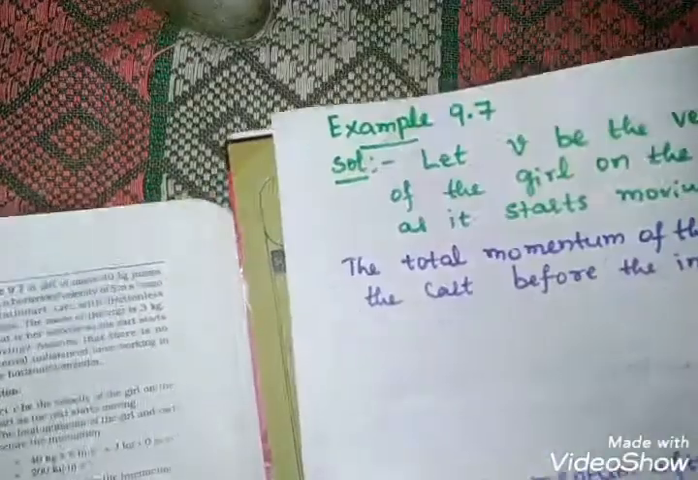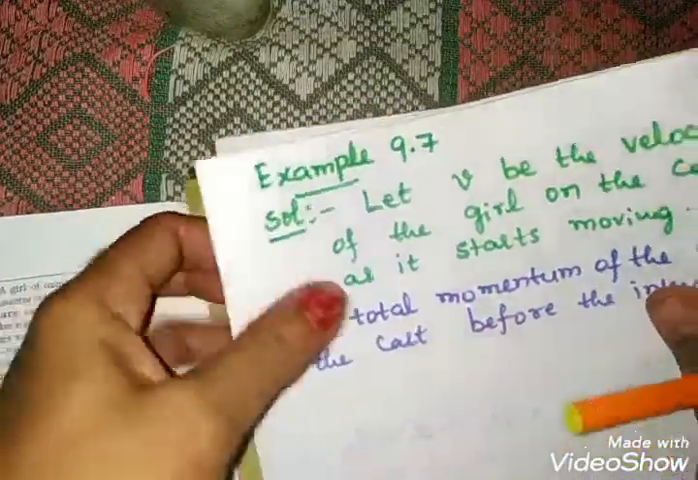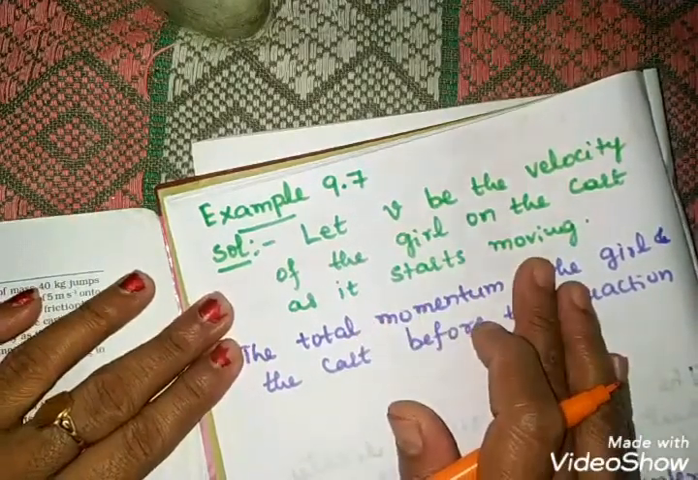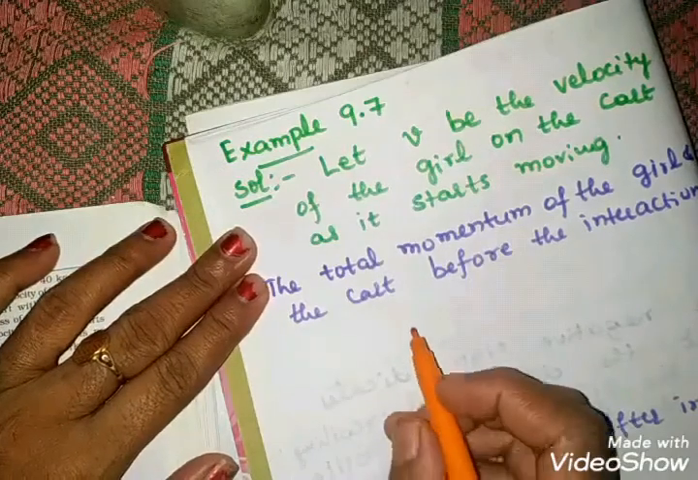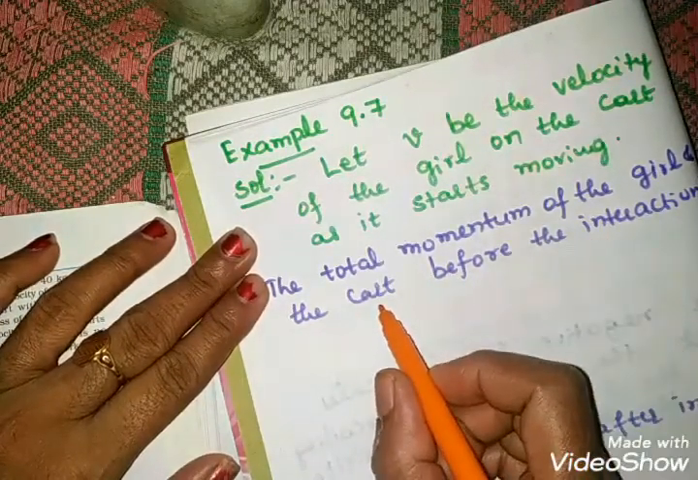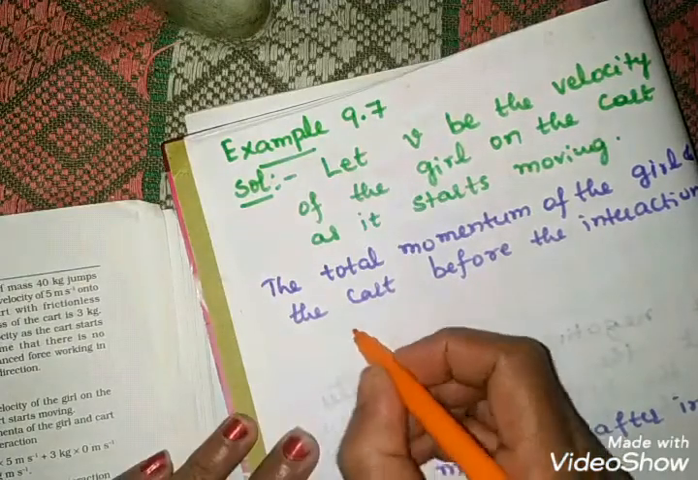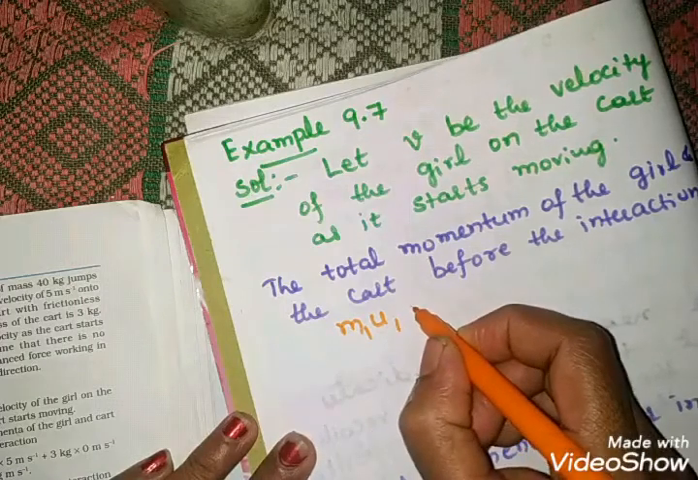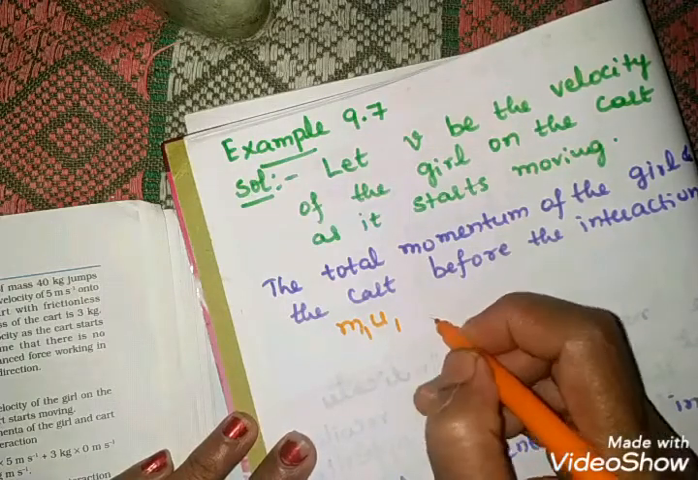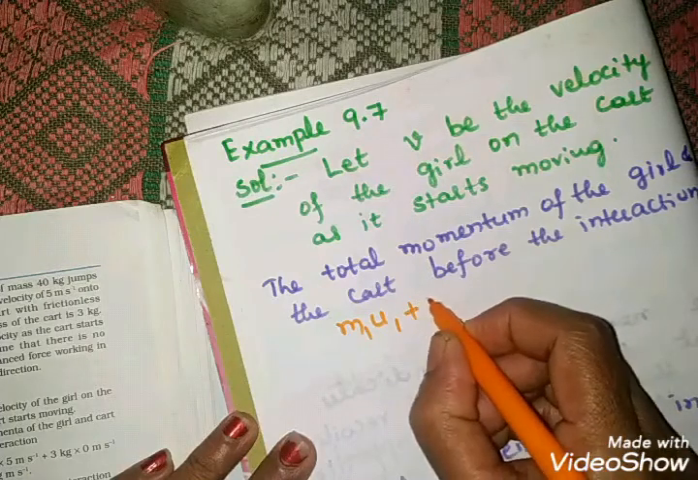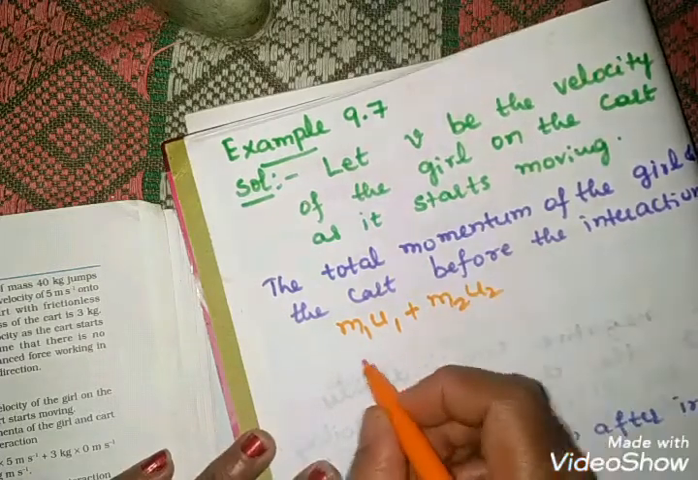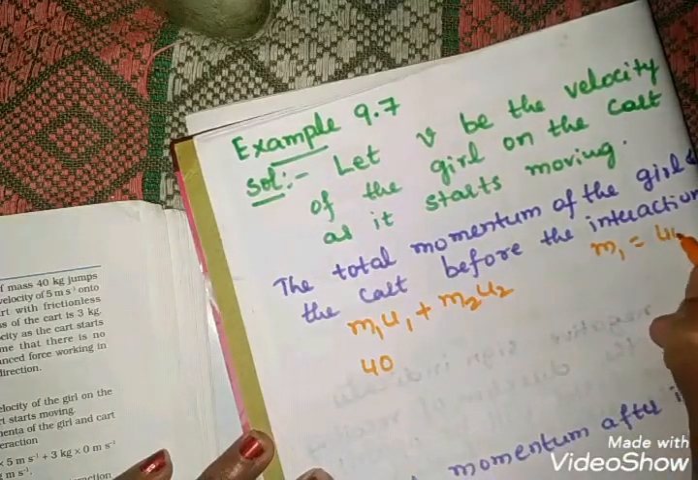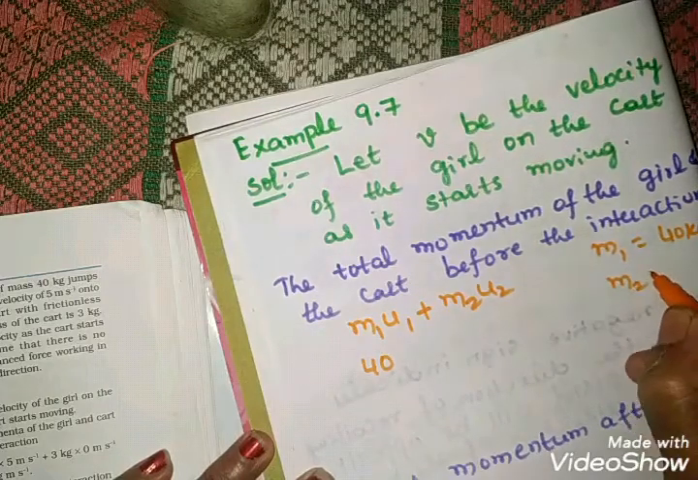Okay. See here. Let V be the velocity of the girl on the cart as it starts moving. That's what we have to find out. So the total momentum of the girl and the cart before the interaction. Let us try to do this. As I told you, according to conservation of momentum, the total momentum before the interaction is given by m1 u1 plus m2 u2. Here m1 is 40 kg, that is of girl. Here you can observe, children, m1 is 40 kg, m2 is 3 kg,